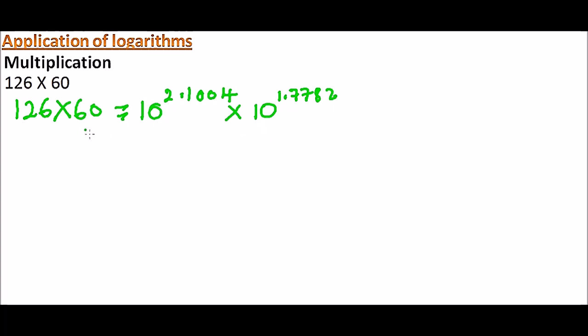We have used the logarithm table to express 126 and 60 as powers of 10. Now using the first row of indices, we can add because we have a common base. So when you add 2.1004 and 1.7782, you get